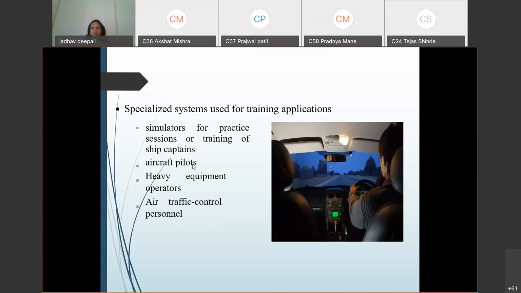Means instead of using the actual ship or aircraft, the person uses simulators to train or educate another person how to use that particular ship, that aircraft, heavy equipment. So simulators are used there.